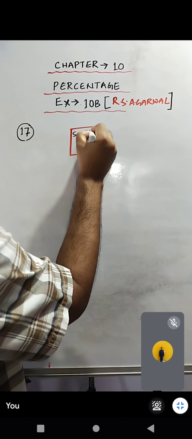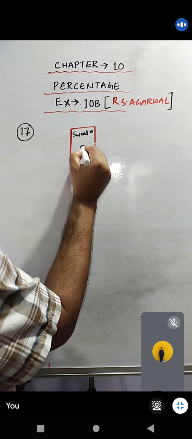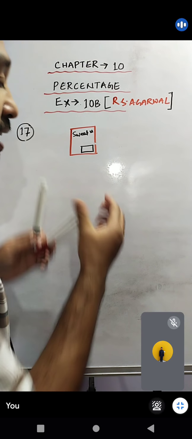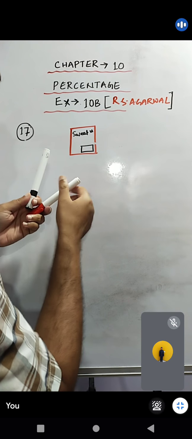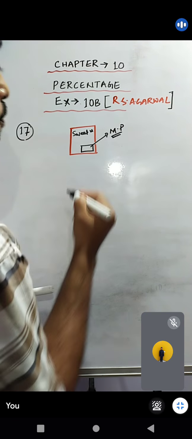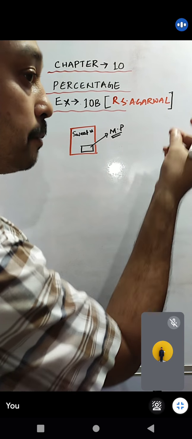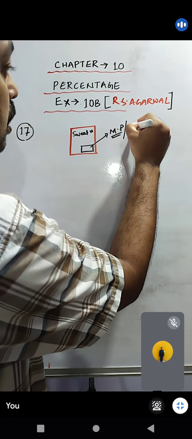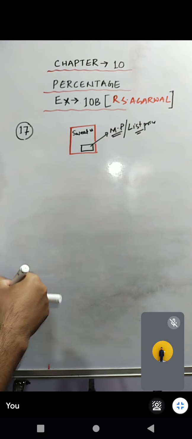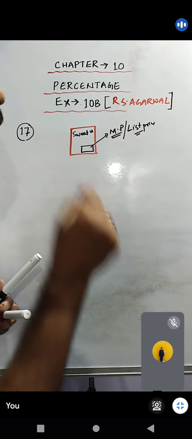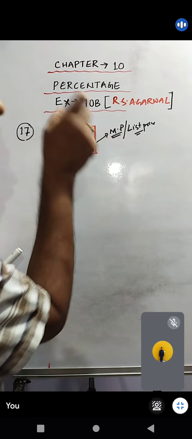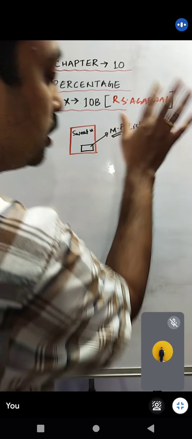Sweater. Okay, and there is a price tagged on it. Because when we buy anything, we see that on the packet there is some price written, and this price is called what? I hope most of you know. This is called MP. MP full form is mark price, or sometimes it is called list price also. I am quite confident that all of you know this, that the price which is written on the tag of any article is called mark price or list price.